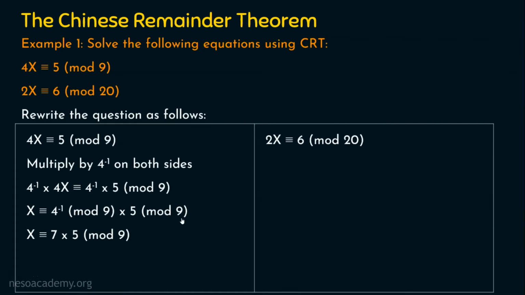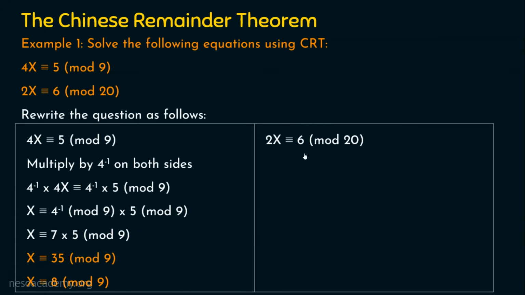Then we have this 5 mod 9 here. I'm just retaining this here. We get 7 into 5 mod 9. What is 7 into 5? It is 35. So 35 mod 9 is the answer. If you want, you can still reduce this. 35 when it is divided by 9, we get 8 as the remainder. You can take either this or this, but I always recommend you go for smaller numbers. So 35 mod 9 can be reduced to 8 mod 9. Just divide 35 by 9: 9 threes are 27 and the remainder is 8. So we are reducing this as x is congruent to 8 mod 9.